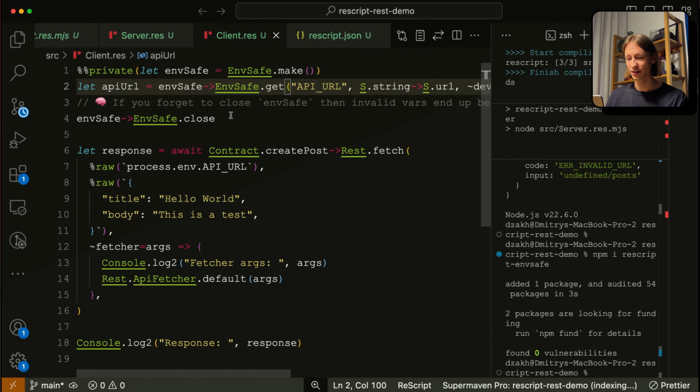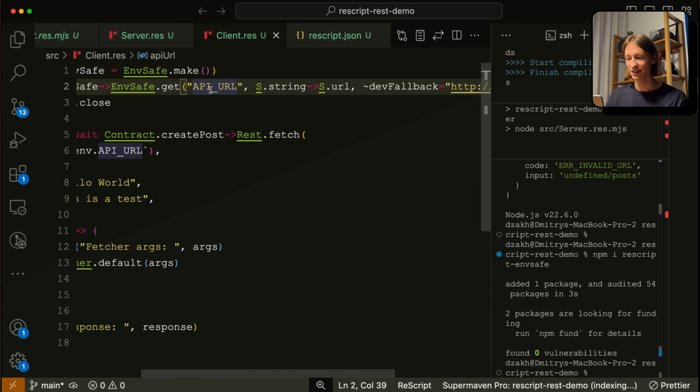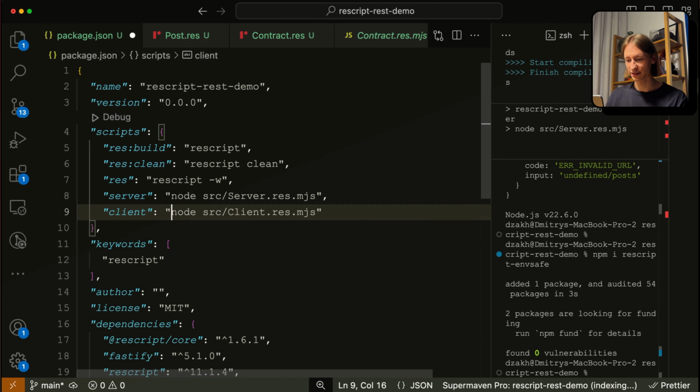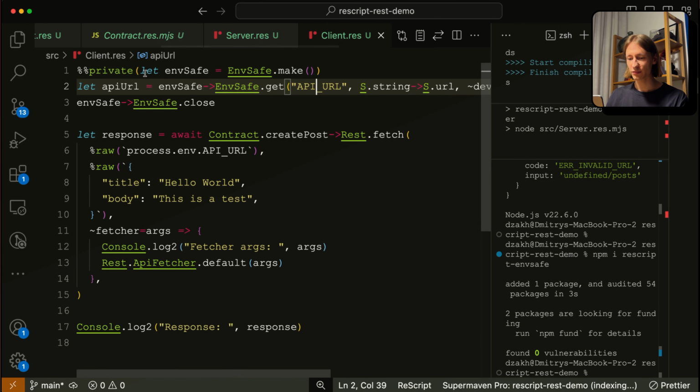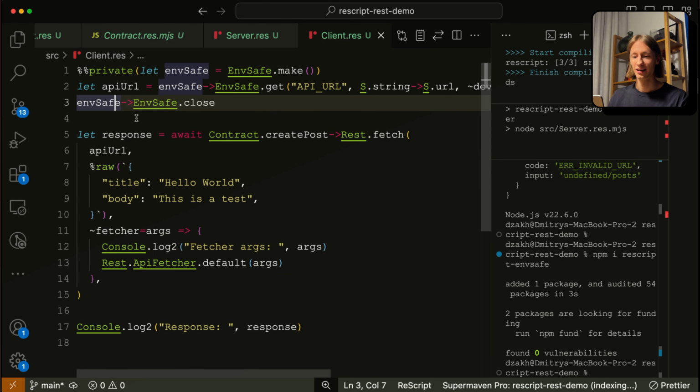So we don't need to add it here. Let's remove it from here, and we have this API URL which is string typed correctly, so we are type safe, runtime safe, and